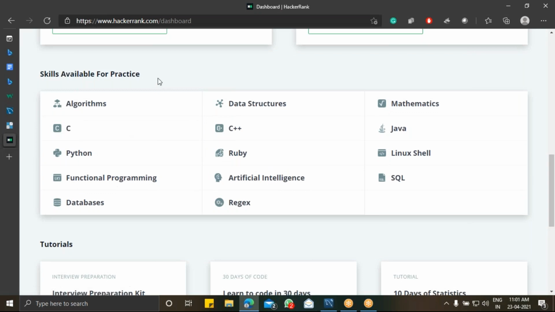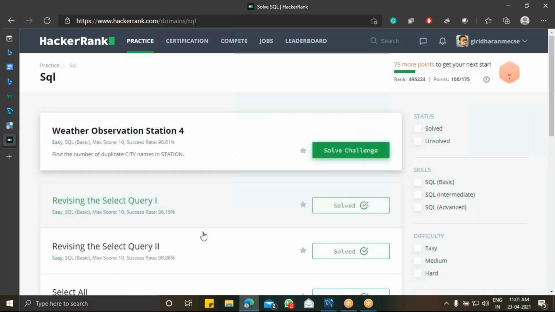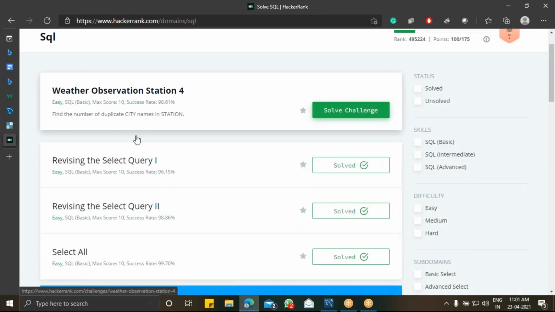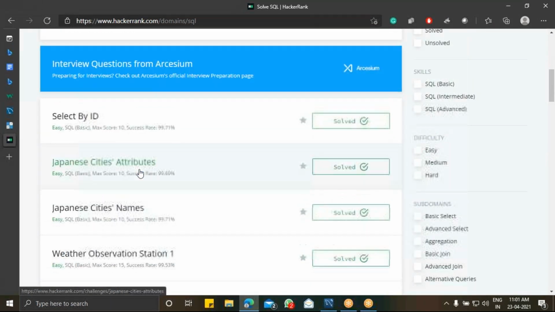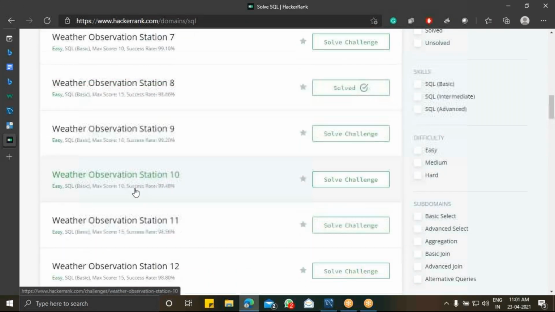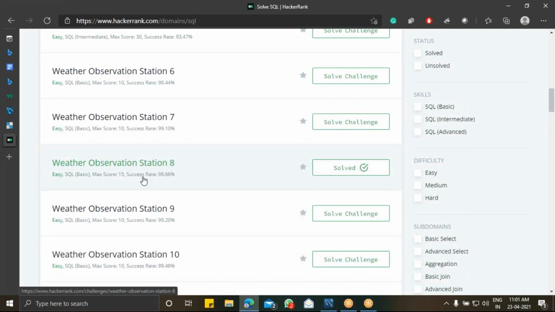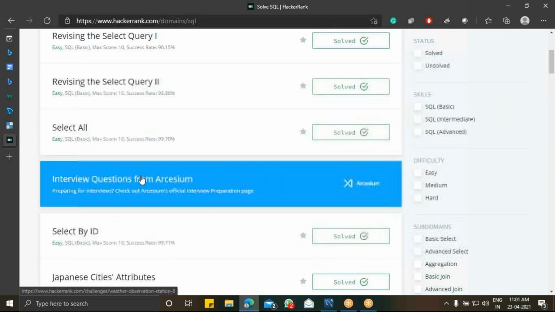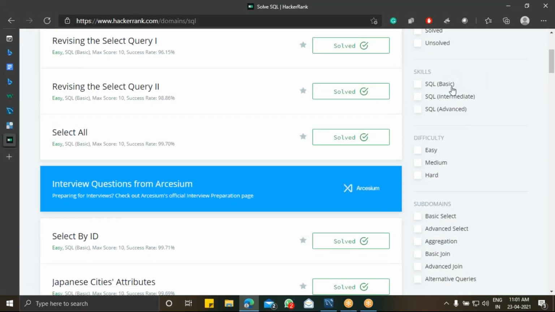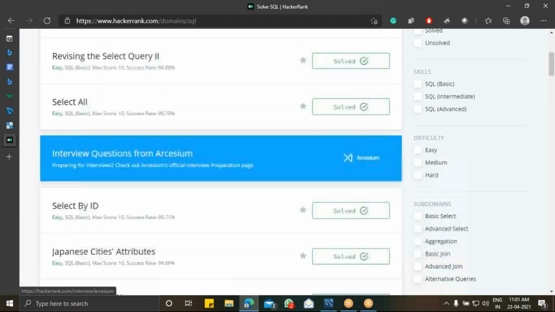Under skills available for practice, you'll have SQL. Click on this SQL and you have different SQL queries here. You can start working on this. They give a scenario and also the command to use. It starts from basics and goes to advanced level. You can start practicing it.